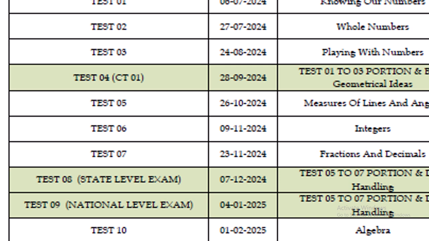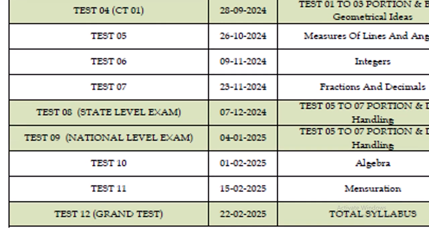So these 3 examinations will be chapter based, and at the end of the second term again we have planned one cumulative examination, and we have considered that as a state level examination. This is an examination with the syllabus completed in the second term. By selecting some students, by segregation of the students, the selected students are going to write this national level examination. The toppers of this examination will be awarded with medals and certificates